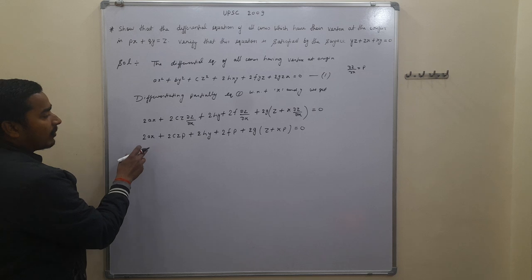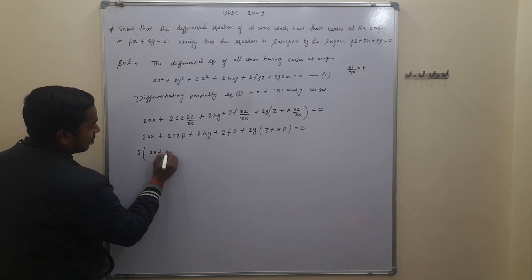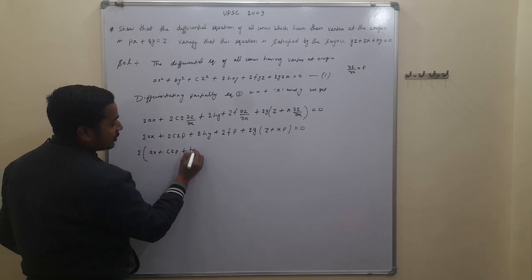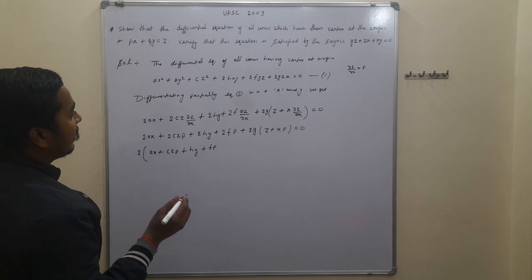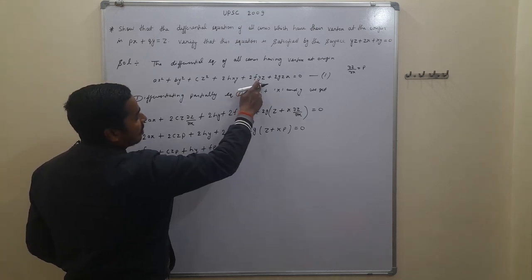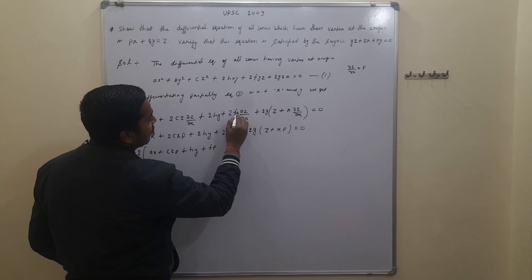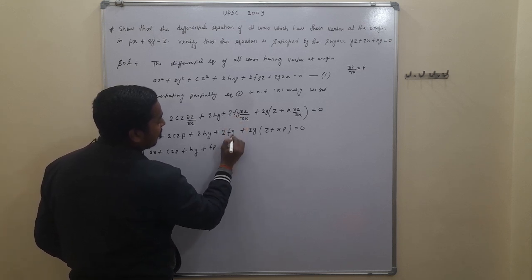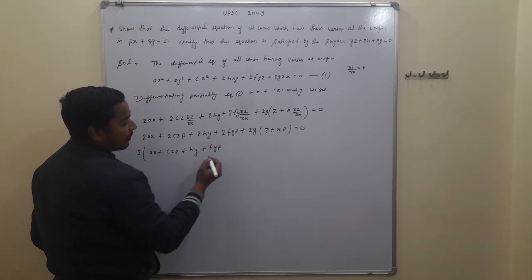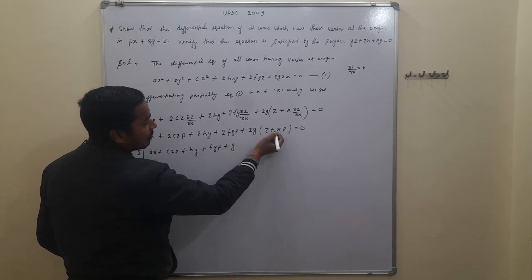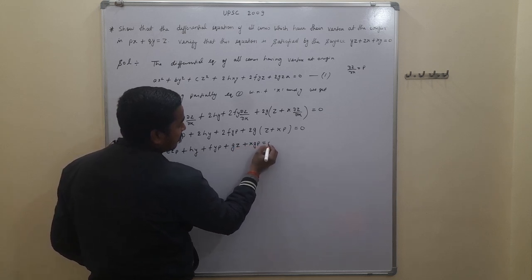Taking 2 common from the left hand side, this gives 2 times ax plus czp plus hy plus fyp, and here z is a function of x, so once again y is also present, this is fyp, plus g we multiply, this gives gz plus xgp is equal to 0,